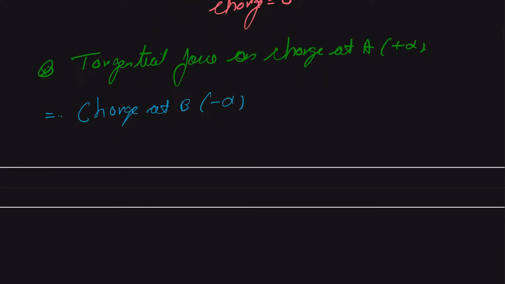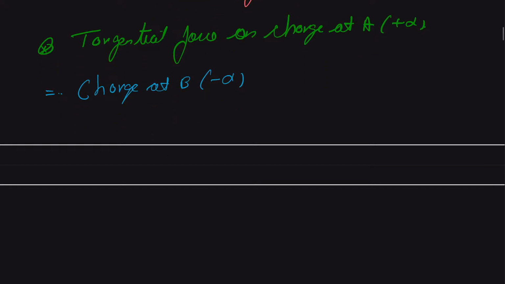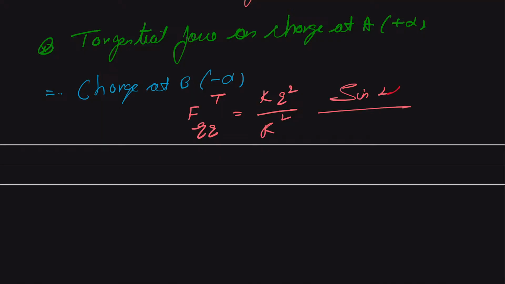Okay, so this will be your first contributor, and for that we can write the formula that the force between these two charges as tangential force will be equal to k q square upon r square, and we get this as sine of 2 alpha over (2 minus 2 cos of 2 alpha) whole raised to 3/2,